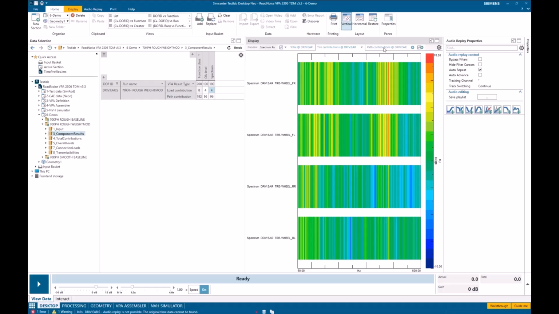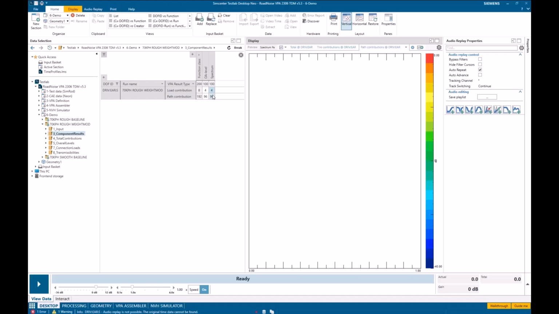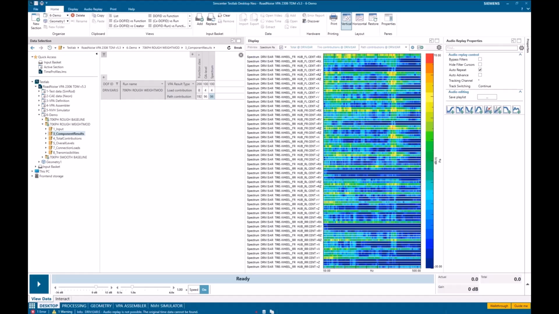So let's go one level deeper and say, okay, we know it's the front tires, but let's take a look at all of the paths coming through those front tires. And so we see all the different directions and rotations for all 4 tires, and we start to see that 380 hertz peak here.